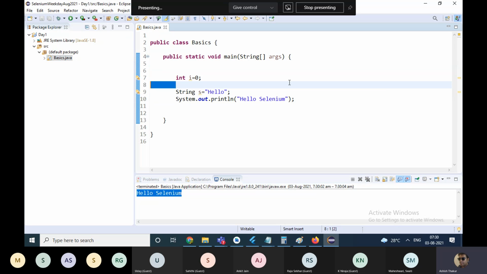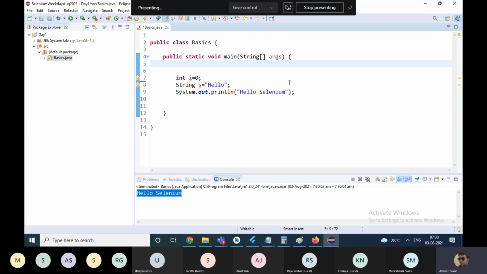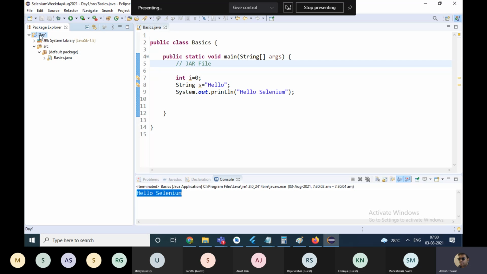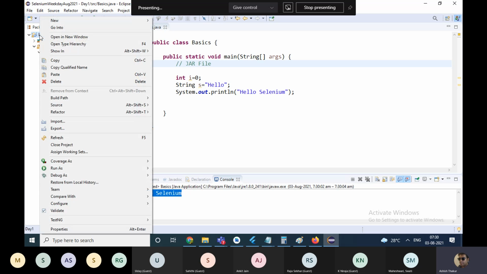All right. Now, the first thing which I want to tell you is the concept of a jar file in Java. Okay, I've made this basics.java file. If you go to the location of this project on the hard drive, that means you right click on the project, you'll get a lot of options.